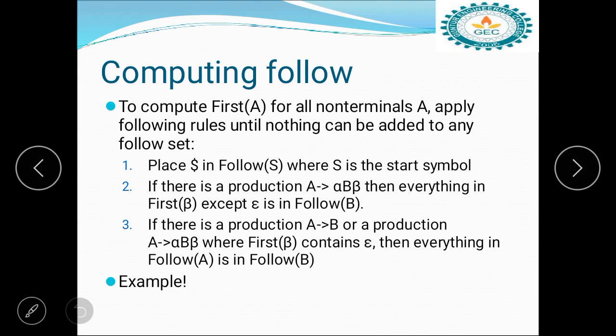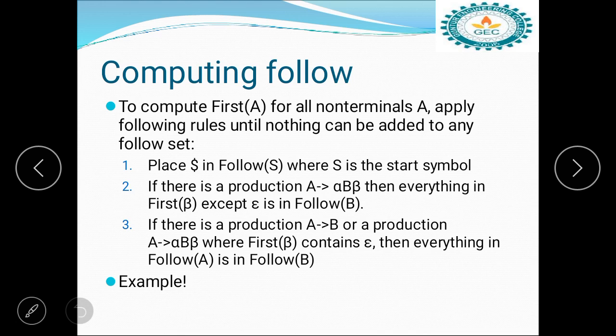Follow. To compute follow of A, for all non-terminals A, apply the following rules until nothing can be added to any follow set. Place dollar in follow of S, where S is the starting symbol.